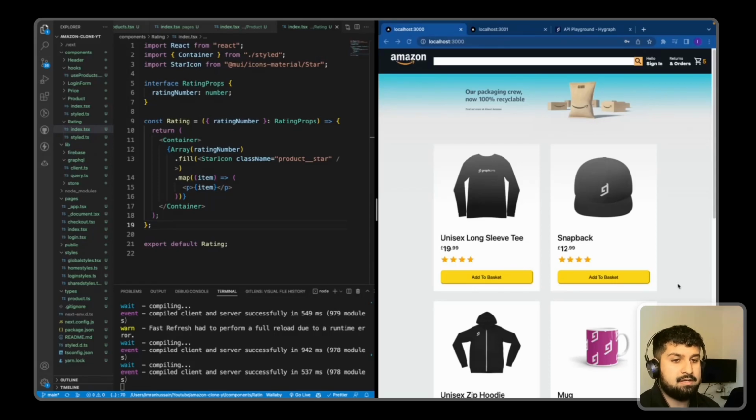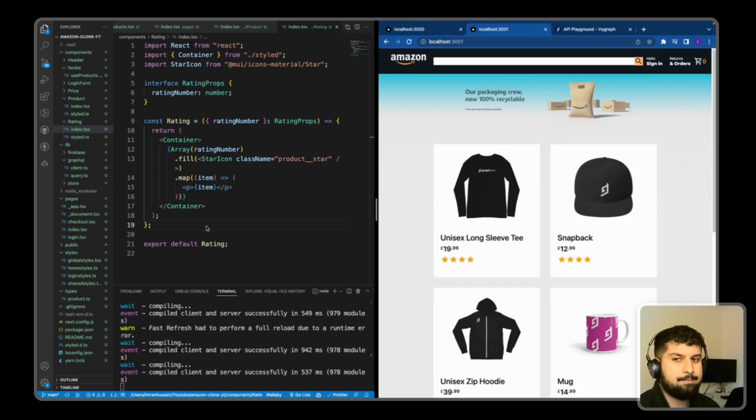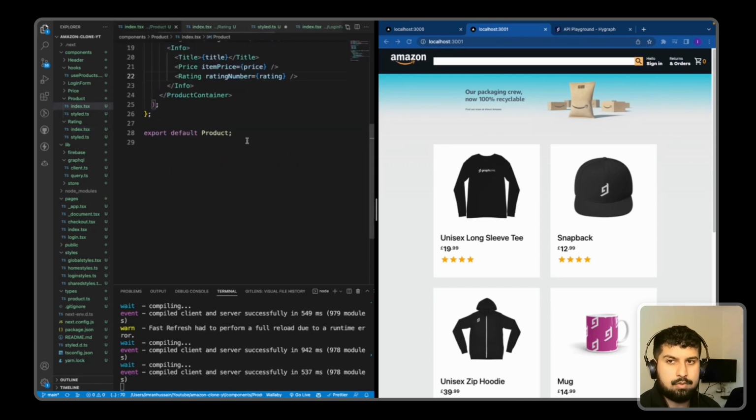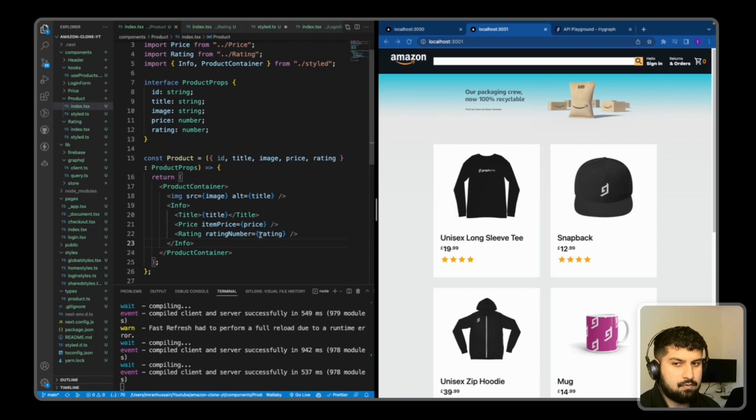Okay, so looking at the final build, we have an add to basket button on the product component. So when we click on it, it dispatches all of the product data, and then we can access that information in our checkout page. So we first of all need to create this button. So going back into our code here, if we go into the product component and under info, I want to